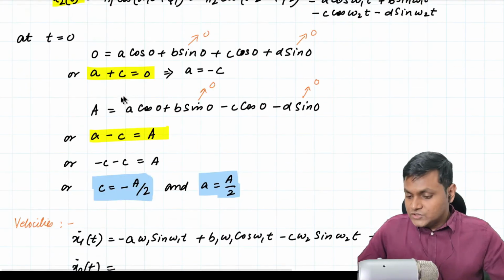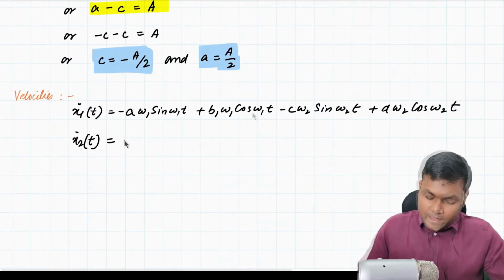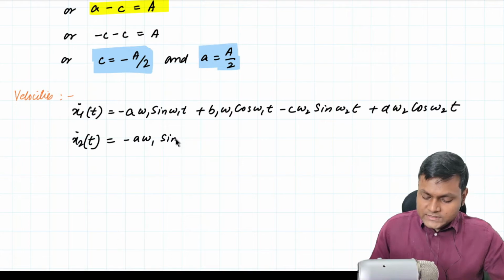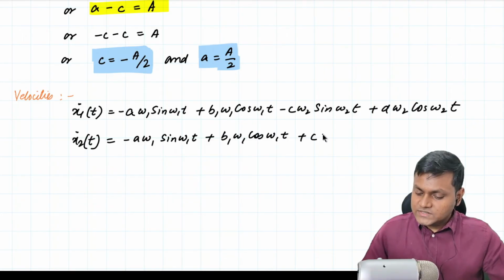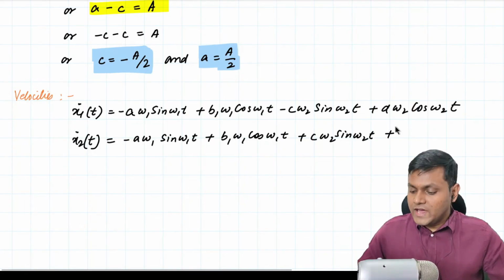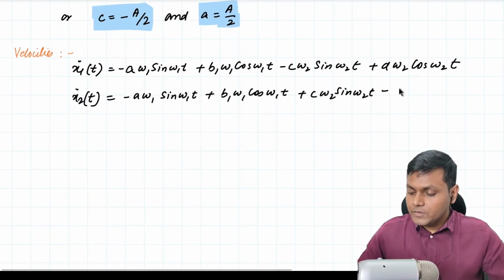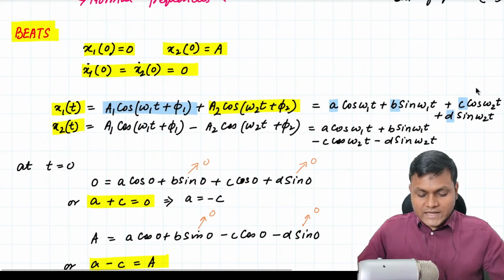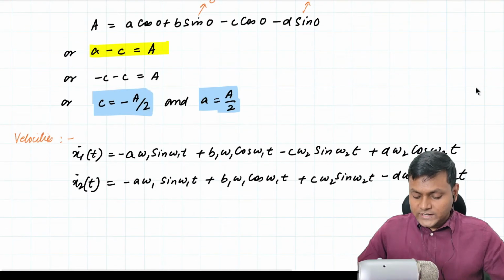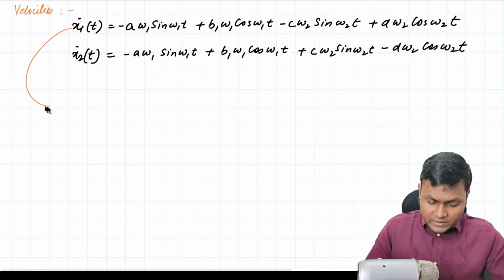Similarly, for x2 dot, I will end up getting minus a omega 1 sine omega 1t plus b omega 1 cos omega 1t plus c omega 2 sine omega 2t minus d omega 2 cos omega 2t. Now what happens to these values at time t is equal to 0? x1 dot at t is equal to 0 and x2 dot at t is equal to 0 is 0. So from here I will get, at time t is equal to 0,